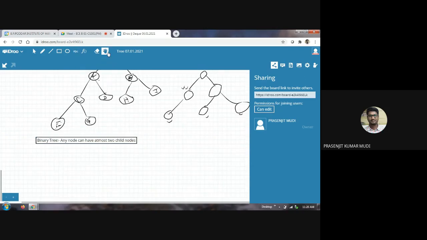Another important term is the complete binary tree. Complete binary tree means all the non-leaf nodes have to be saturated. So complete binary tree means